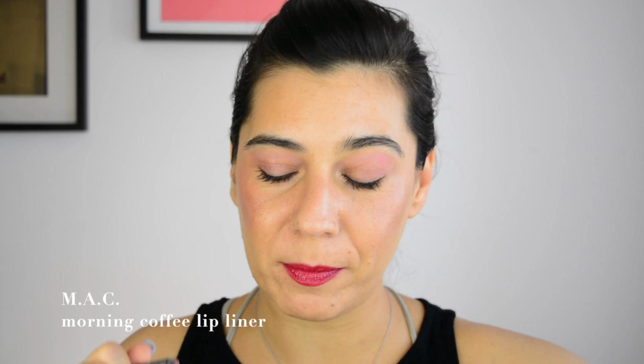I have a lip pencil. This is MAC Morning Coffee. This is my all-time favorite lip pencil. The shade is perfect for me. It just gives me a bit of a darker shade than my lips. It has a bit of purple and brown and red to it. It's a fantastic color. It's a bit deeper than Whirl, let's say,